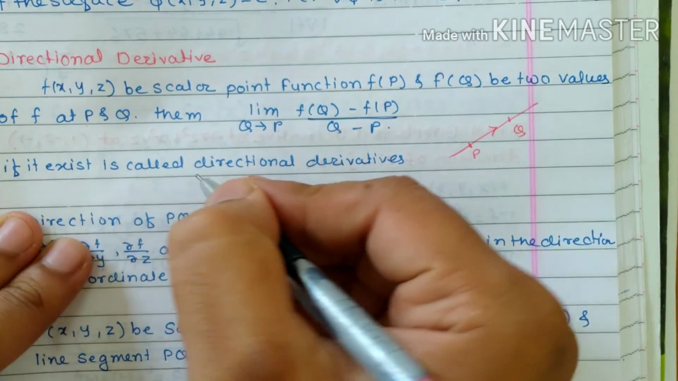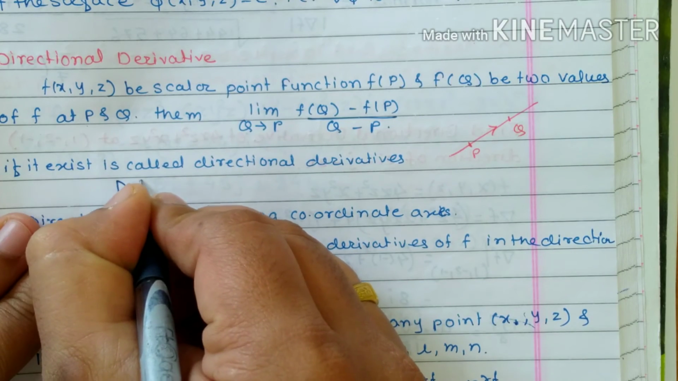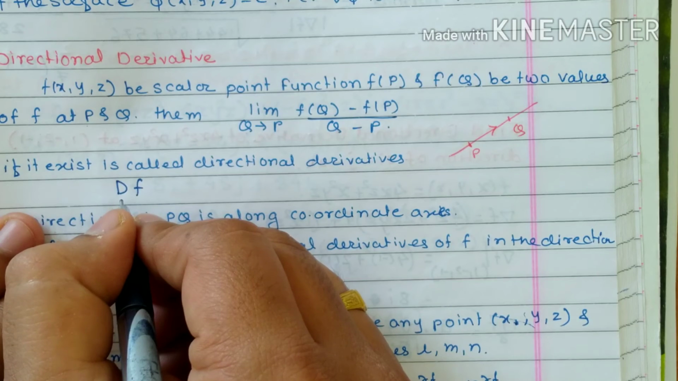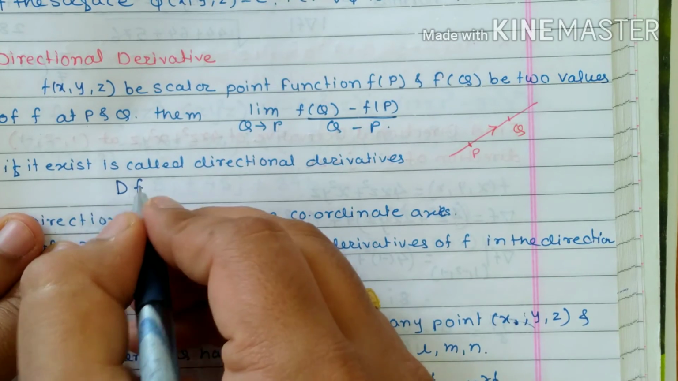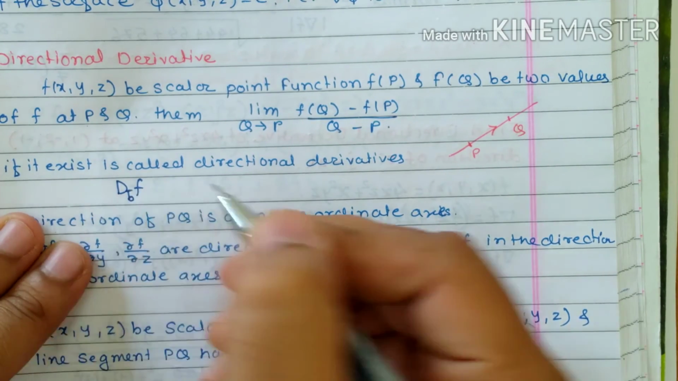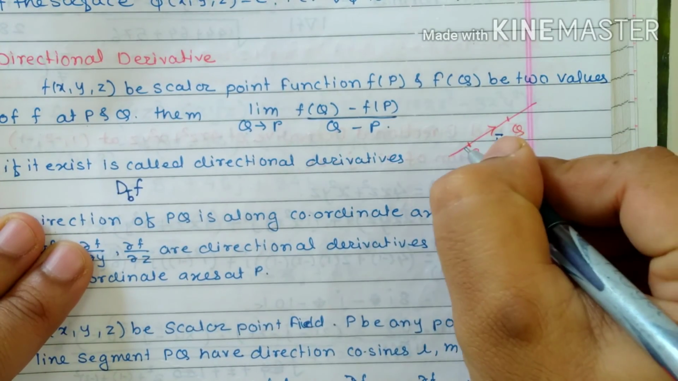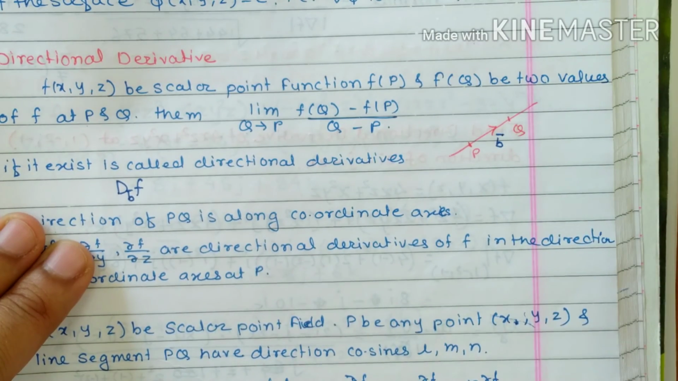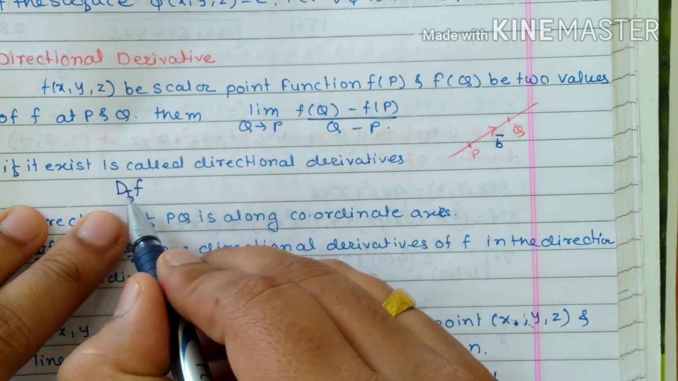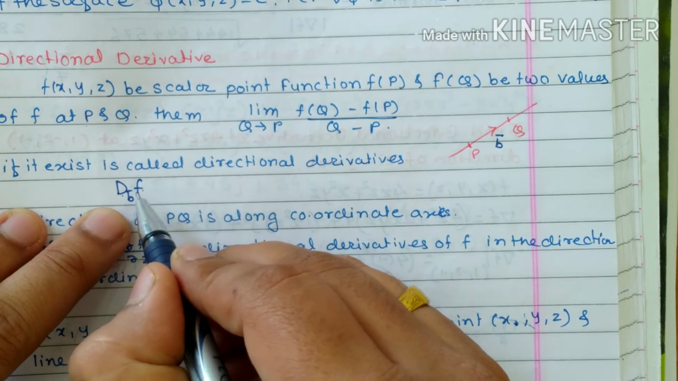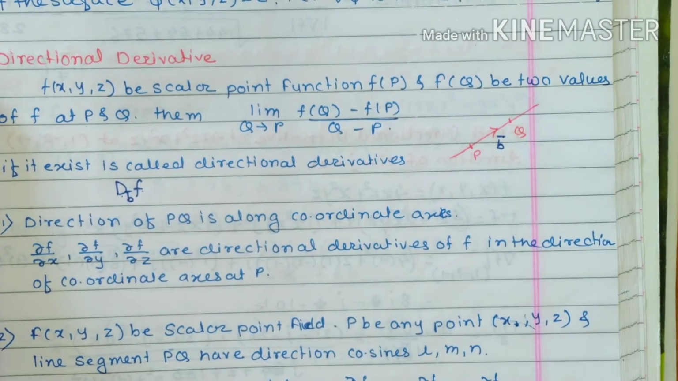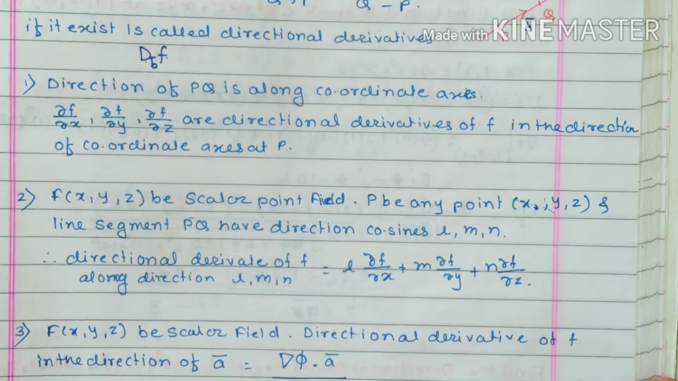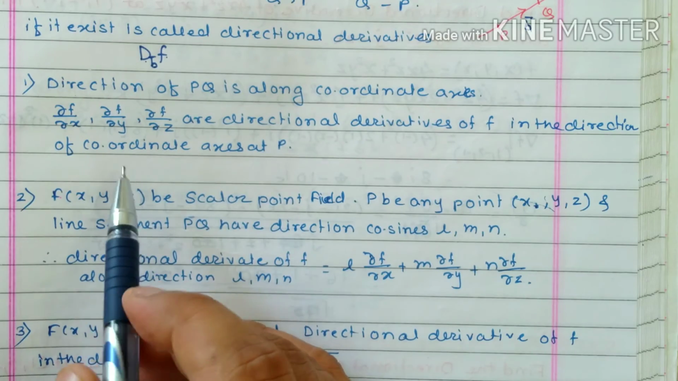This is denoted by the directional derivative of f in the direction of b bar, where b bar is a vector directed towards q. So this vector b bar goes from p to q. Now there are various ways of getting the directional derivatives. Some important remarks we would like to discuss very quickly, and we will discuss the problems on this